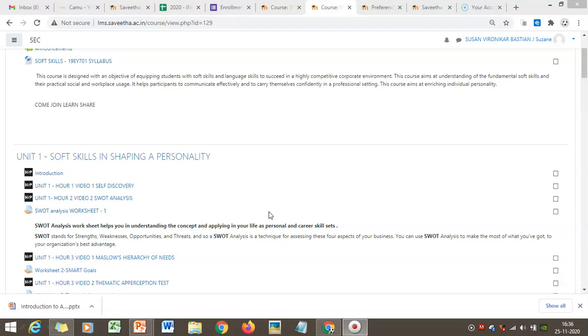Students must also make a note that issues during first time login of CAMU and Moodle and issues during the enrollment process will be solved by informing the ERP team. Later issues you will have to discuss with the mentor. The mentor will clear the issues as early as possible.